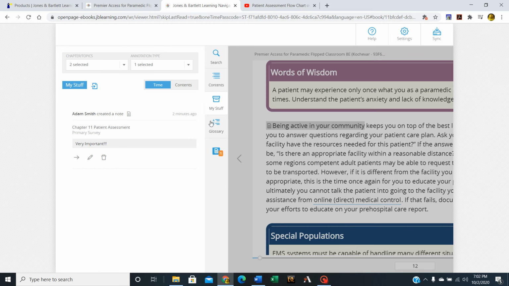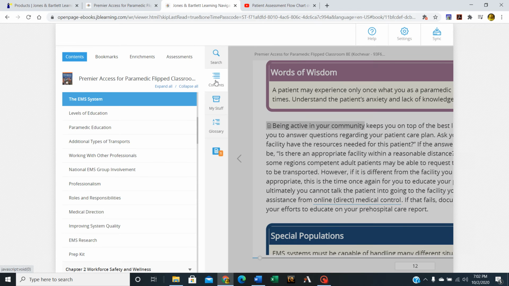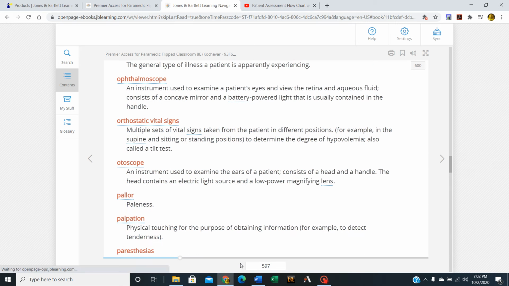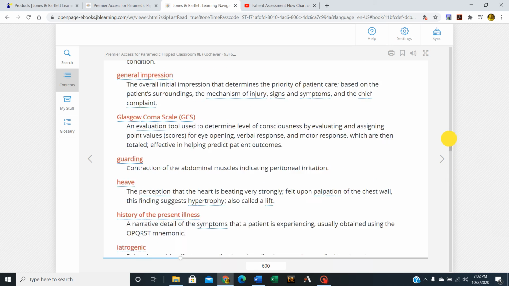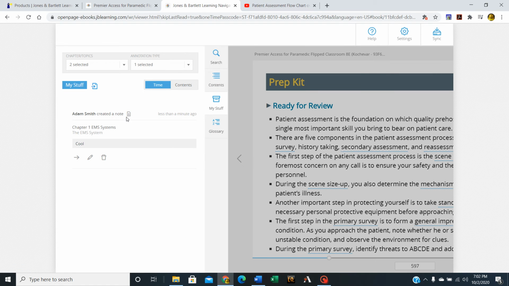If you'll notice, if I click on this, okay, I close down MyStuff. Say I go to a different page now. Let's say I'm going to pick a random page. Let's pick page 600. Okay, 600 is going to take me somewhere. I'm not sure which chapter I'm in right now. Somewhere, that's a really long chapter. I'm going to prep kit. Okay, that's not important. The important part is if I look at MyStuff now, I've only got my chapter 1